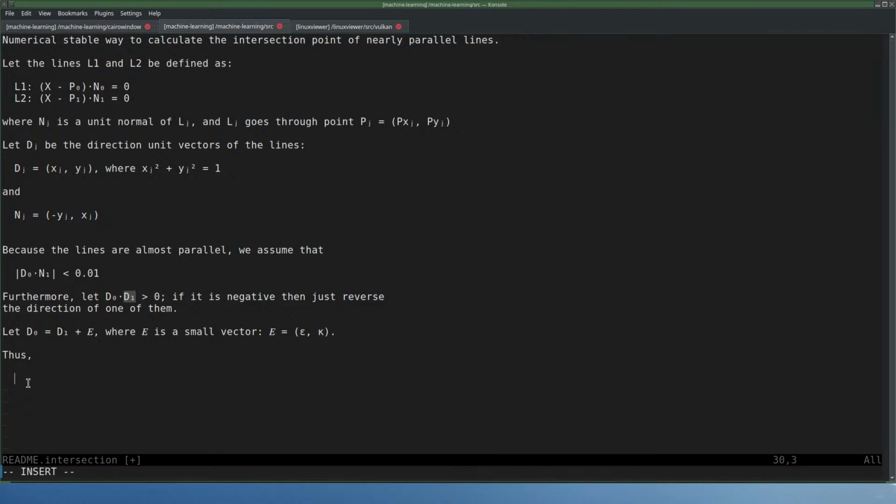For the x and y values, so now we get x0 equals x1 plus epsilon, and y0